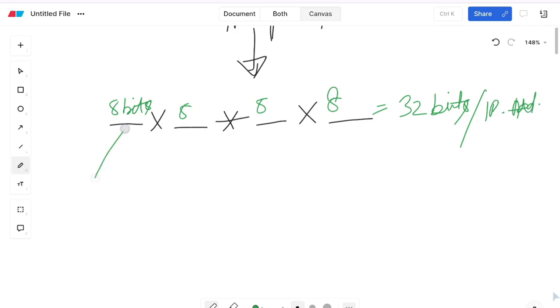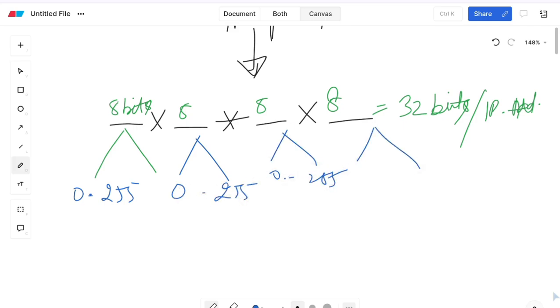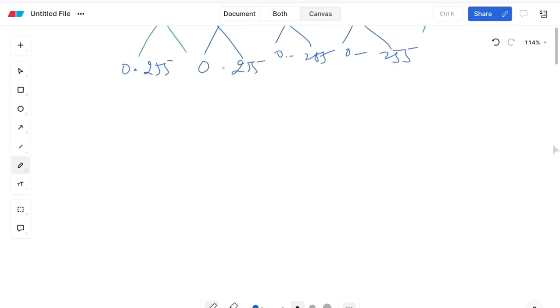Now each part here can have a range from 0 to 255. Okay, similarly this can have 0 to 255, 0 to 255. Now what happens is when we create a virtual network, or in AWS when we create a VPC, we need to give a CIDR notation. Okay, for a small network, let's say when you are creating a virtual network in Azure, and if it is a small network,